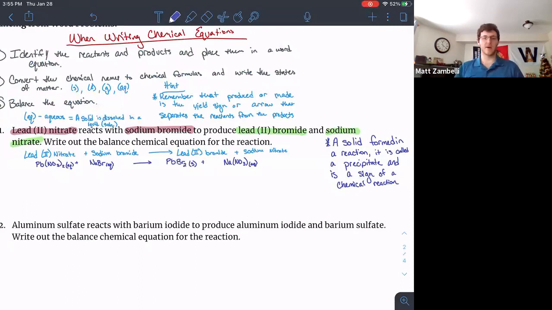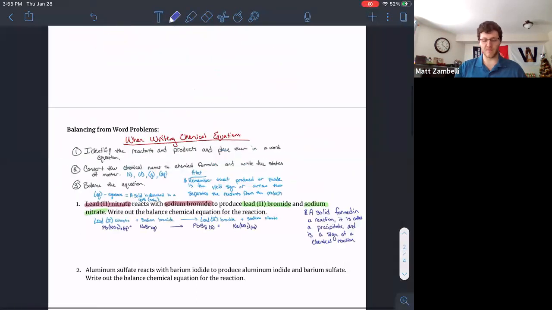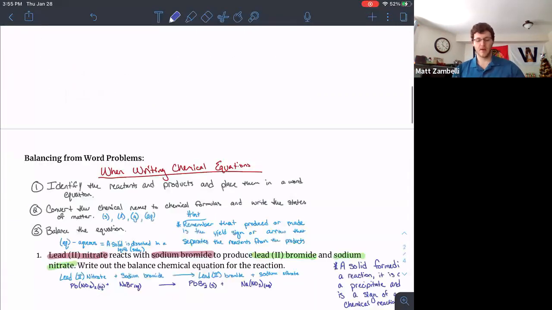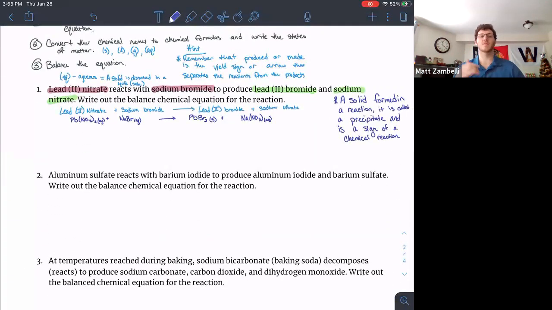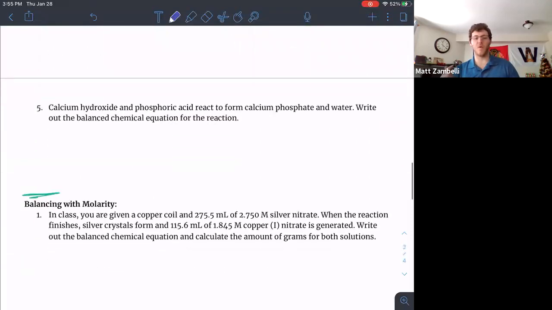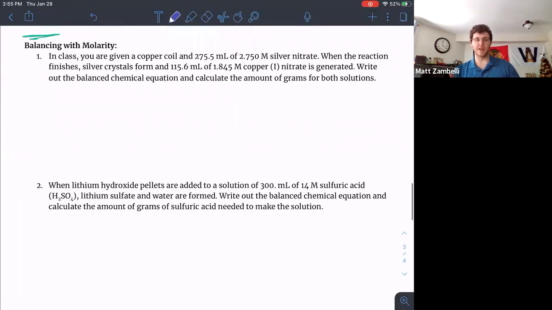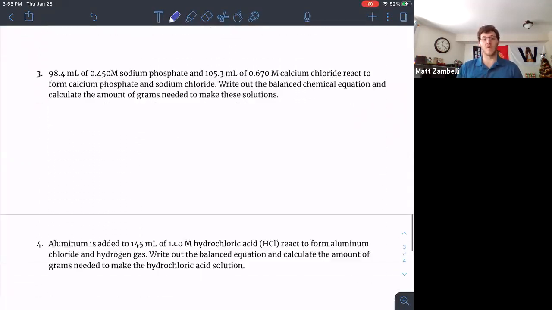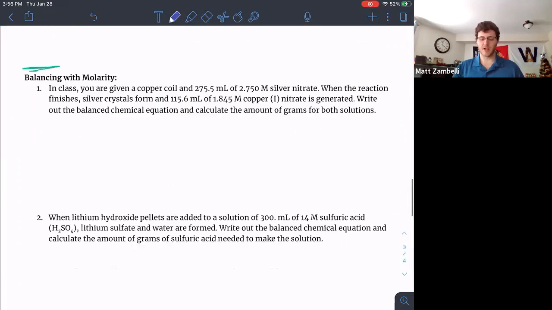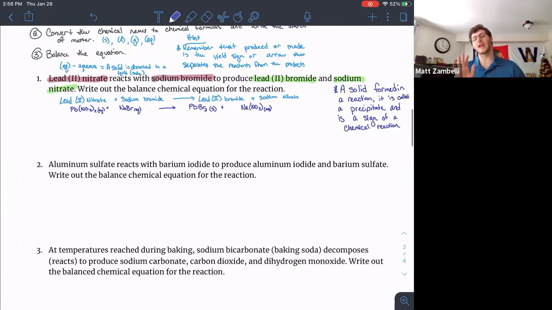Tomorrow we are going to be working on this worksheet again. So we have those 4 other problems with practicing molarity. You have the 4.5 other problems with your writing the balanced equations. And then there's going to be 5 more problems below on balancing with molarity. So then you'll have to do both parts. So make sure you guys are working on trying to get a few more of these done. If you guys have questions and you want to stay, awesome. Otherwise,